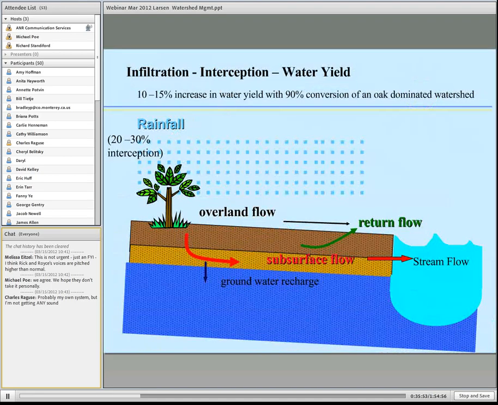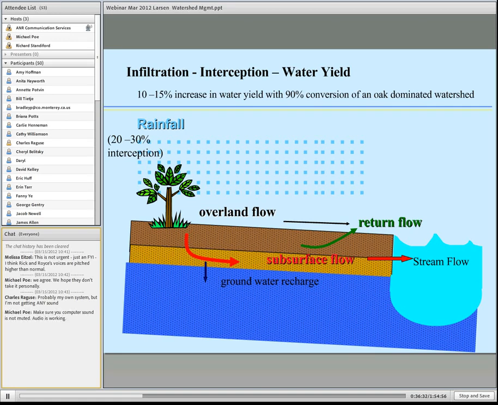One of the things that we talk about is our streams, but yet they are a very small part of the watershed. What happens on the main part of the watershed, the 95, 98% of what isn't a stream or a riparian area? As that rainfall comes and lands, it either hits something, a vegetation, and it's intercepted, or it gets into the soil and infiltrates and moves down through the soil profile. Once it's in the soil profile, it can go subsurface and come back to a stream, or go down and recharge groundwater, and then flow back into a stream later.